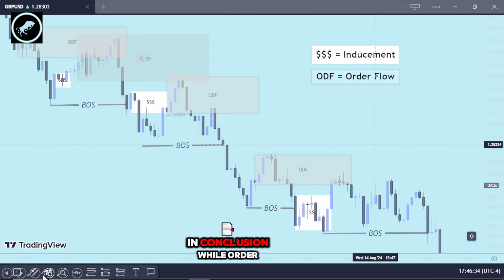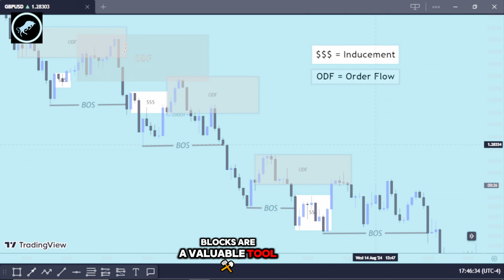In conclusion, while order blocks are a valuable tool in trading, they should be considered within the broader context of order flow. Understanding order flow gives you a more comprehensive view of the market and allows you to make more informed trading decisions. By focusing on order flow zones, you can identify better entry points, improve your reward to risk ratio, and ultimately achieve more consistent profit. Moreover,